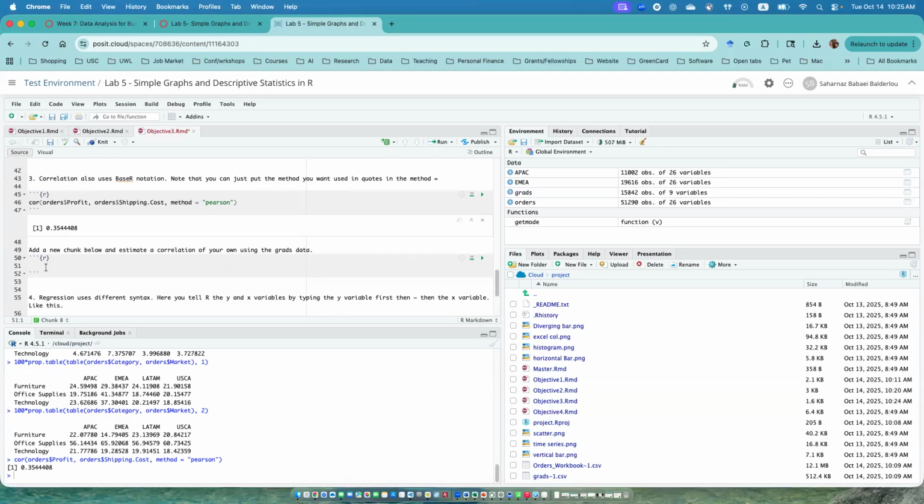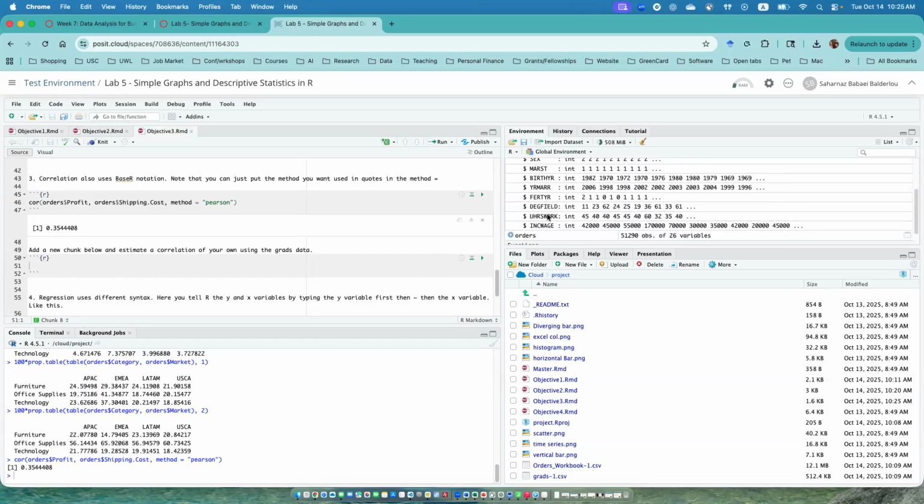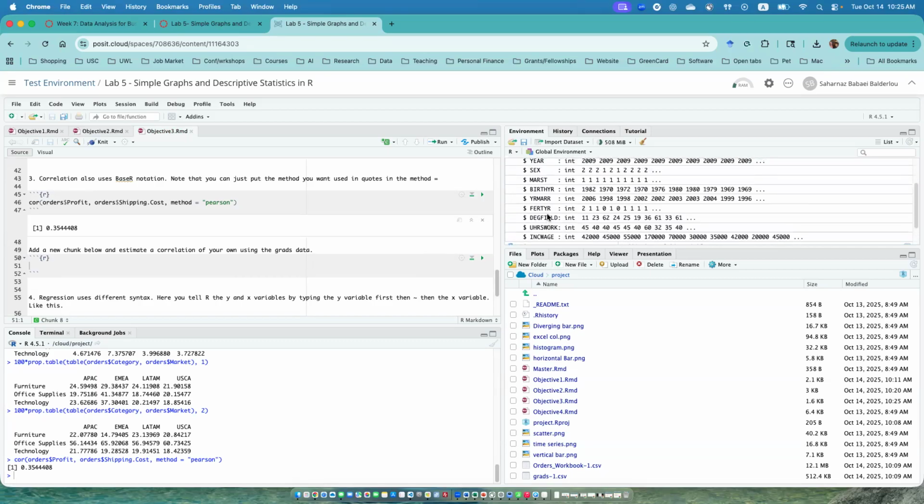Try to think of some of the variables in the grad data. You can go to the grad data and look at the variables. These are the same variables that we had before. So let's try